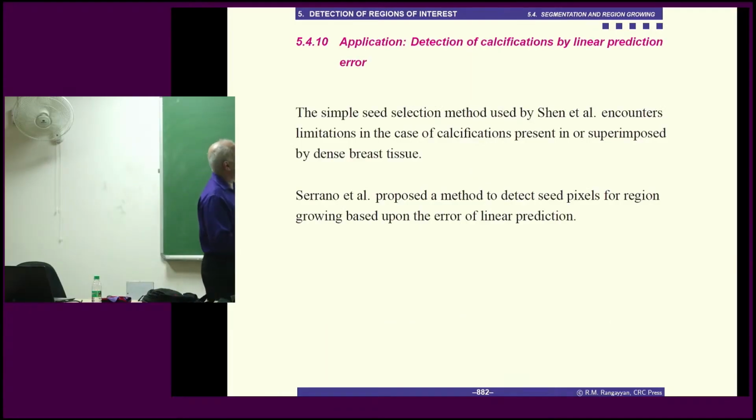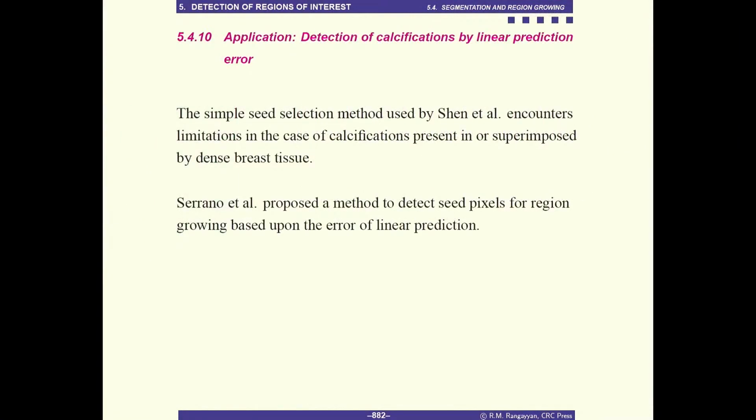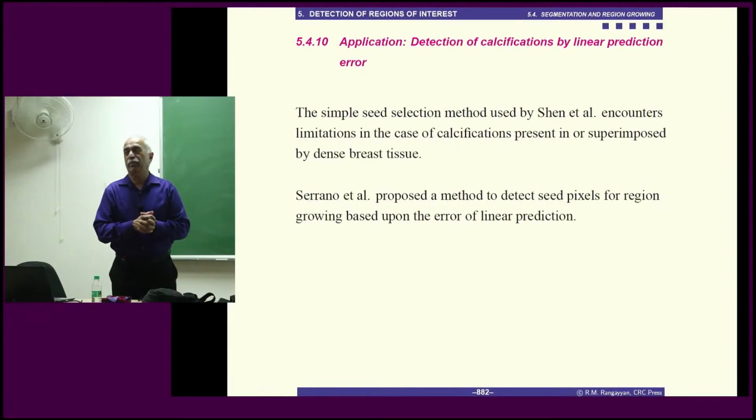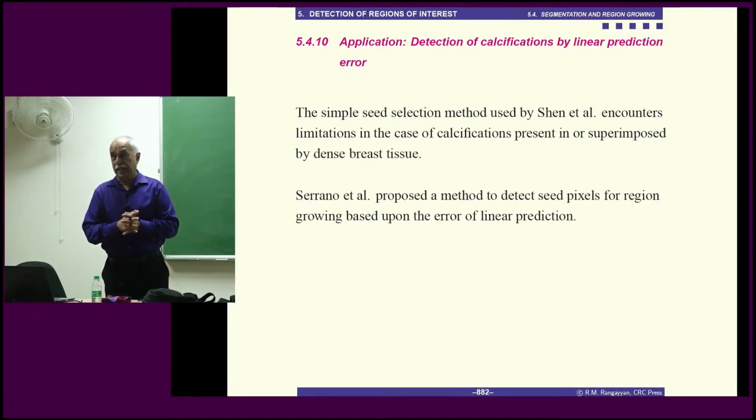My collaborators in Spain, Carmen Serrano and Begonia Acha, developed another technique. One of my students, Gopi Kurduvalli, had developed two-dimensional linear prediction algorithms for data compression. In linear prediction,